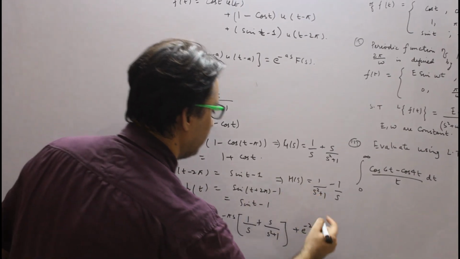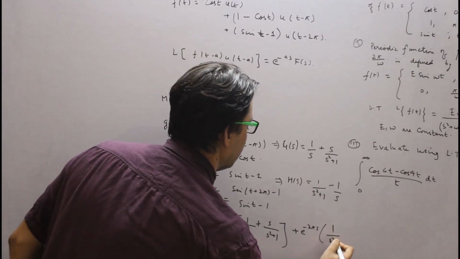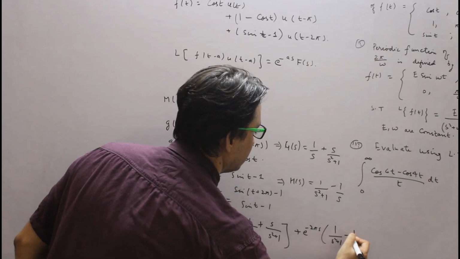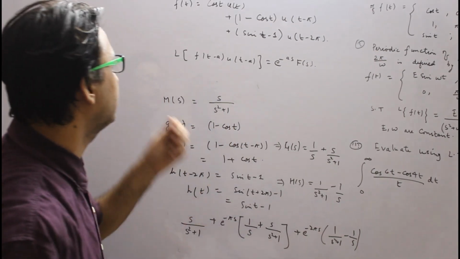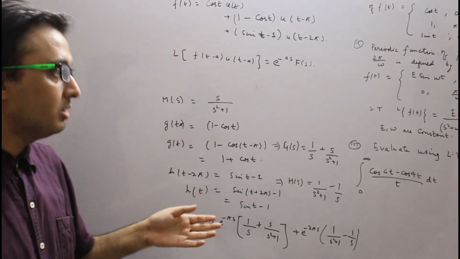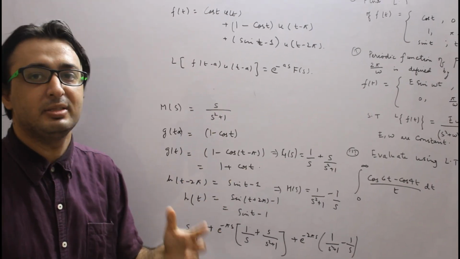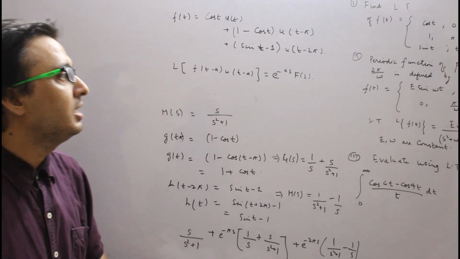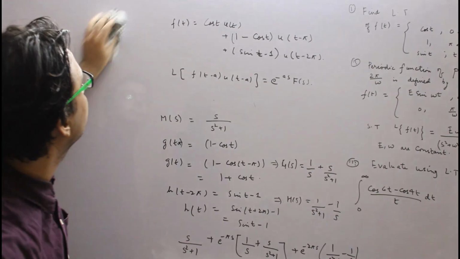So what is the transform? 1 by s square plus 1 minus 1 by s. So this is the answer. This question is important, and for such kind of question we must have a general understanding of how to solve it. Now I am going to the second question,